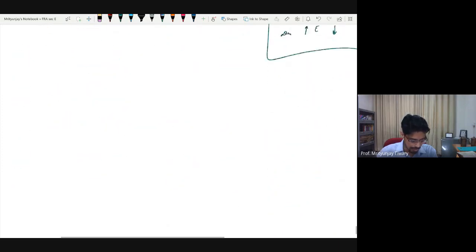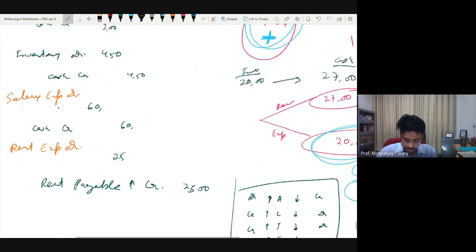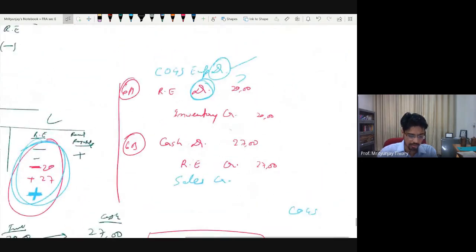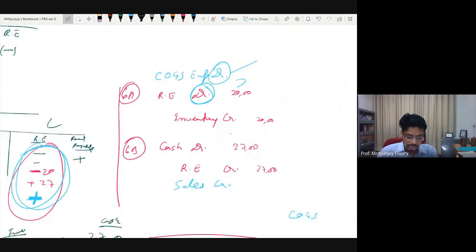Then the last one we did, or rather we did not. Where is the last one? There should be one more transaction. Did I stop here? Oh, here it is. In the last one, I assumed that some inventory has been sold off. So when inventory is sold, what did we do? We said that two transactions shall take place in case of a sale. One transaction to record the expense, one transaction to record the revenue.